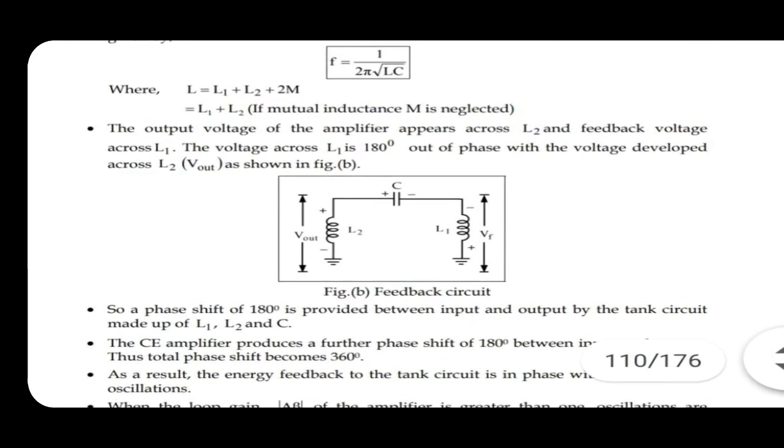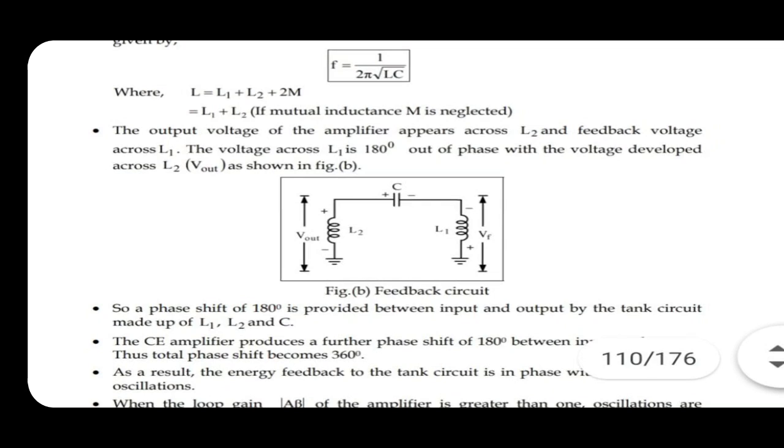This is the tank circuit as shown in the figure. The capacitor will charge with plus and minus signs whenever the transistor is on, through the CE amplifier. The inductor is fully charged and discharged through this capacitor. L1 charges from minus to plus, L2 charges from plus to minus. So there is a 180 degrees phase difference between the capacitor and inductance.